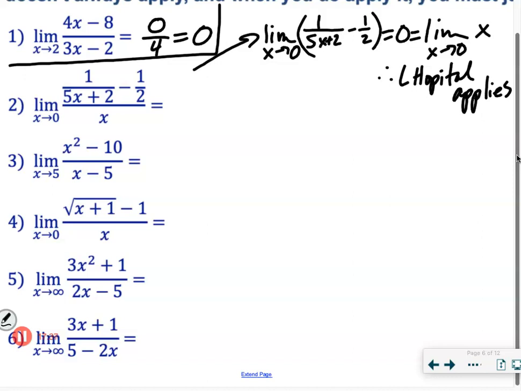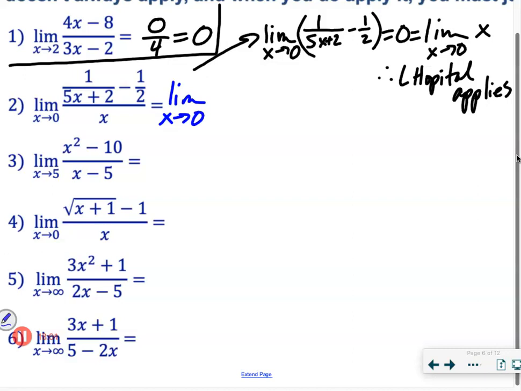I'm going to be looking for this on your test, so make sure you know how to justify. All you have to do is show me that both the top and the bottom approach 0, or both the top and the bottom approach infinity. All right. Once you have justified that L'Hopital applies,